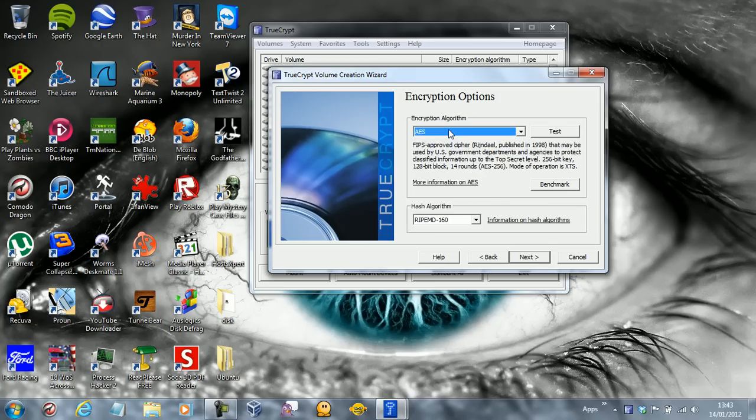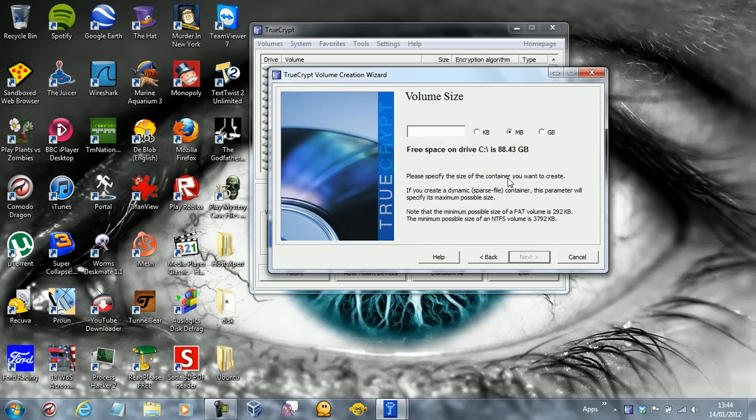For the encryption algorithm and the hash algorithm, just leave those as default, because I honestly don't know what those are about. I don't really get the difference, to be honest. All I know is that they do their job, so just leave them as they are. So next,